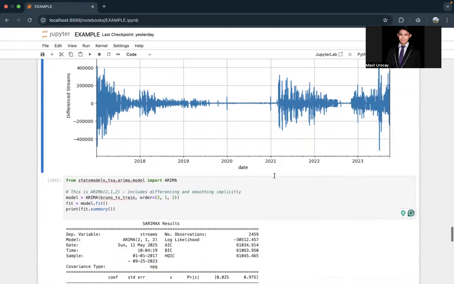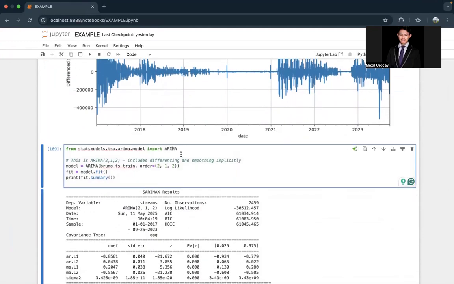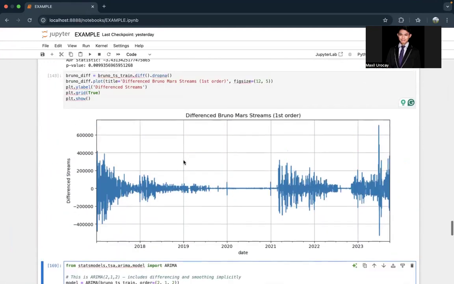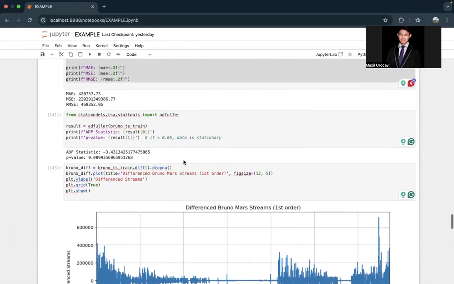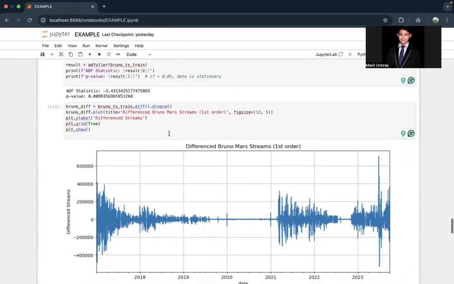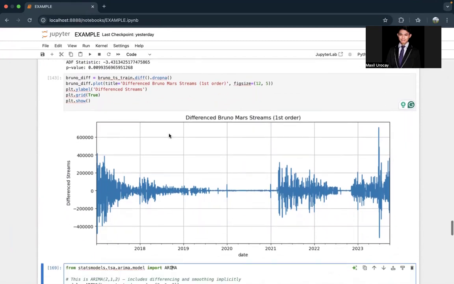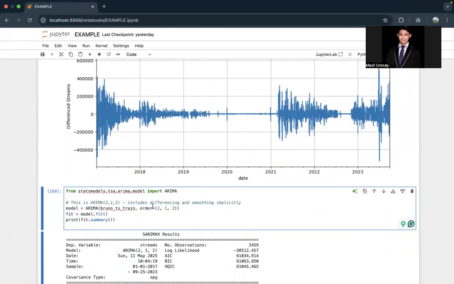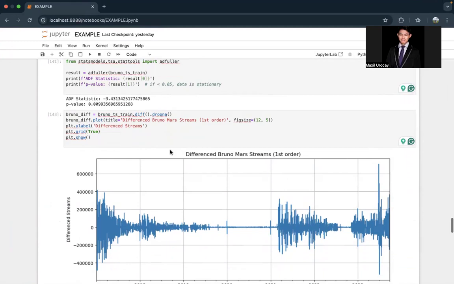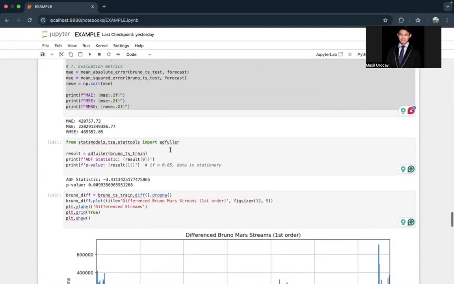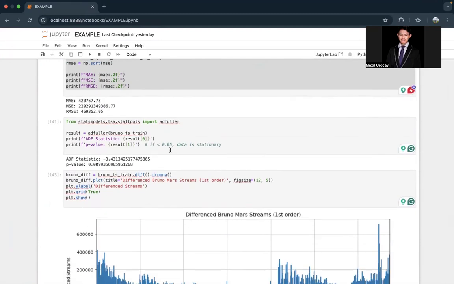Afterwards, I tried importing ARIMA since I wanted to test that. However, I don't have a lot of time because there are a lot of things I need to do. Supposedly I wanted to perform ARIMA, but ARIMA is still not suitable in this case because it will cause a straight line.